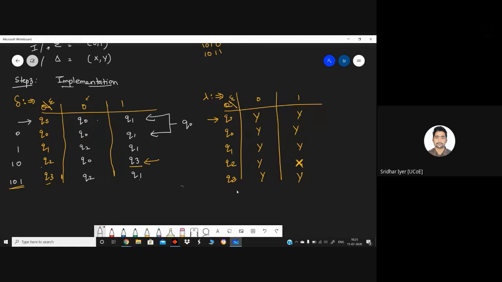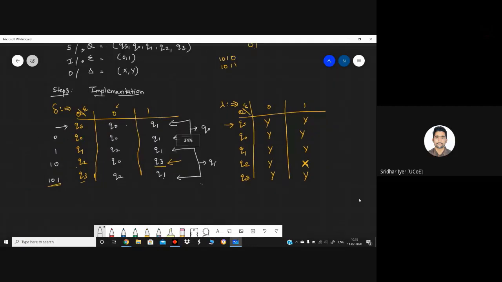In the same fashion, if any more merging is possible, kindly let me know. Yeah, Q1 and Q3 can be merged, because kindly have a look. Q1 and Q3 have the transitions Q2, Q1, Q2, Q1. So both are the same. Similarly, over here in the second table, both have output Y in all the transitions. So again, we can merge Q1 and Q3 together and call them Q1. So now I hope you got the constraints for how we can merge the states, right? Two mergings are possible over here: QS and Q0, and Q1 and Q3.